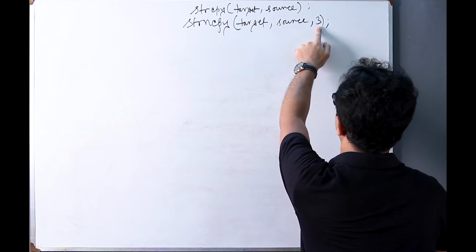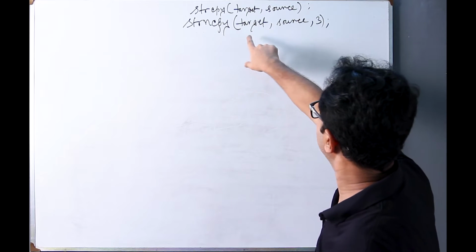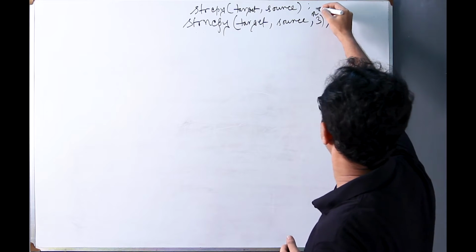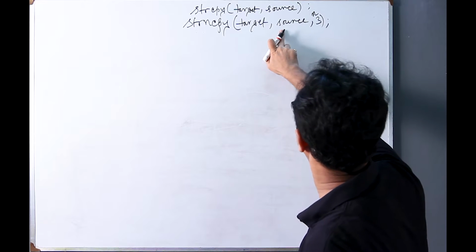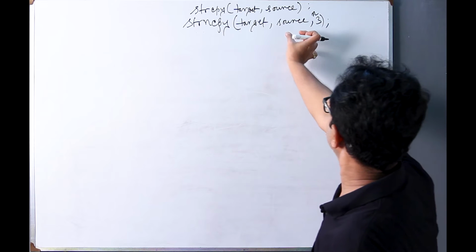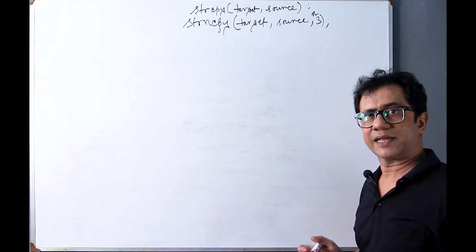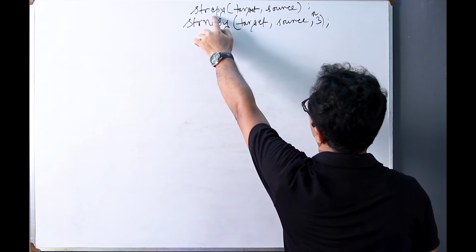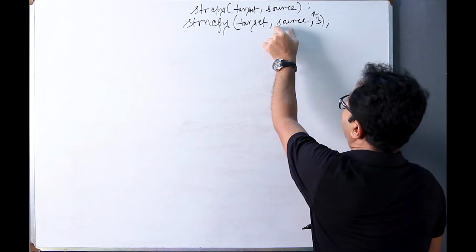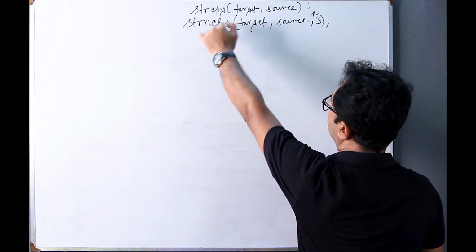We can take this from the standard input device, from the keyboard, in order to get this work, strncpy. So strncpy copies the first n. If you try to think of this 3 as n, then the first n characters of the source string are to be copied into the target string. Just as we have done in the strncat function, the first n characters of the source string were concatenated or appended to the target string in the strncat function, but in the strncpy function we are going to do similar work as we have done in strcpy. That is, we are going to copy the first n characters of the source string to the target string, so as to wipe off or override the first n characters of the target string to get